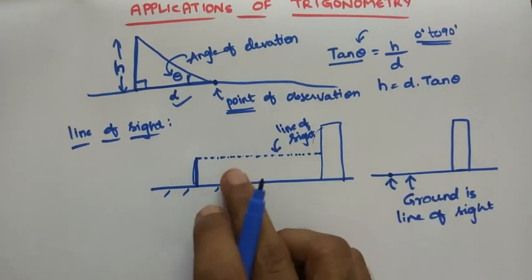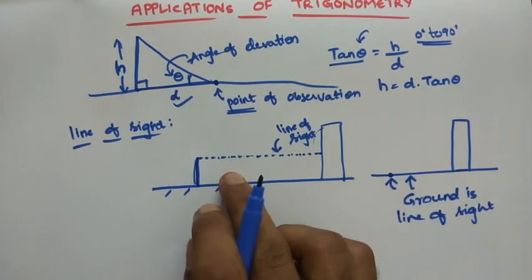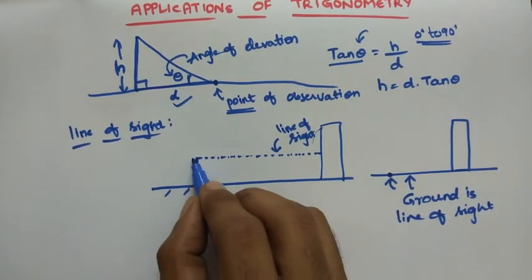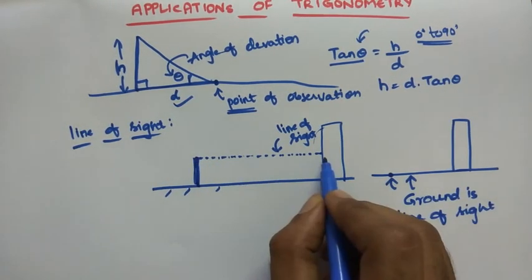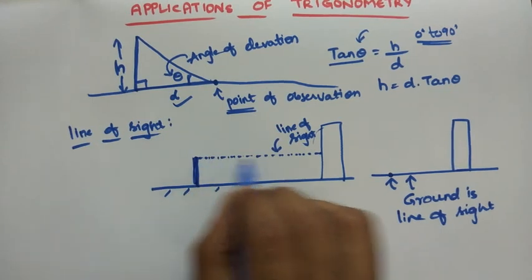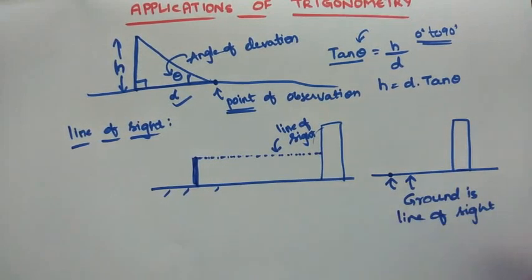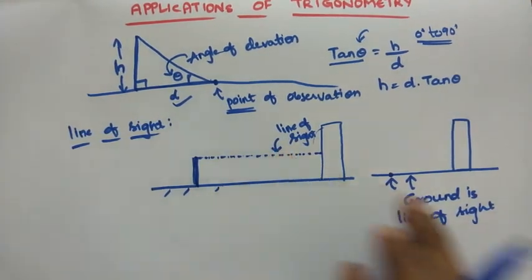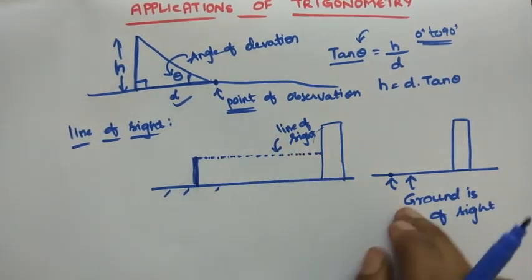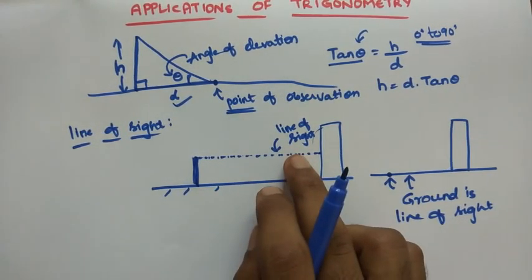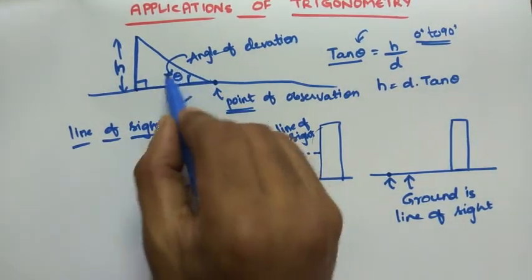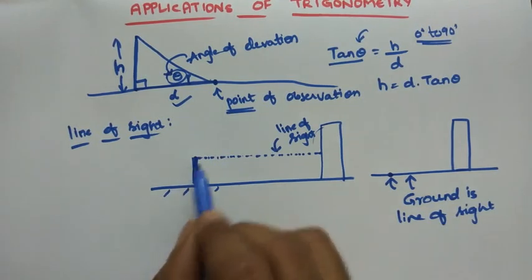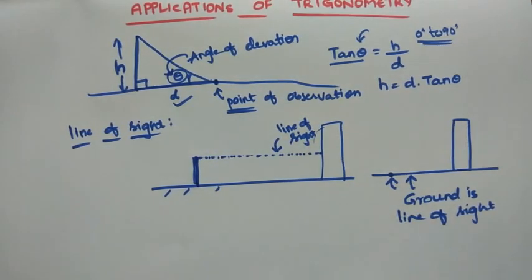But see here, it is not the same as in this case. When a person is standing here, if he sees straight, the line traced is called the line of sight. Okay, this is very important. Observation of the line of sight is important to measure the angles. So we need to measure this angle, right? This angle should be measured with respect to some axis, and that is this line of sight. Okay, next.